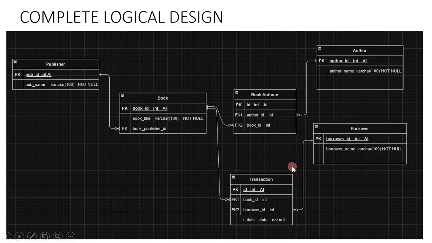And we have here the complete logical design for our simple or basic library management system. So for our publisher and our book, one to many, we have just included here a foreign key. Then for the books and authors, we have an extra entity, and for the book and the borrower, we have here again an extra entity, with the foreign keys from the lookup tables. So this is how we are going to convert